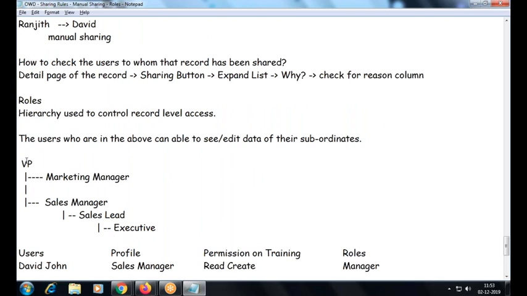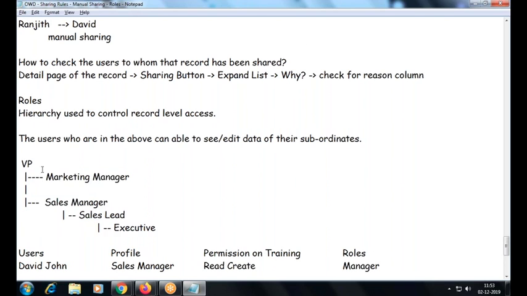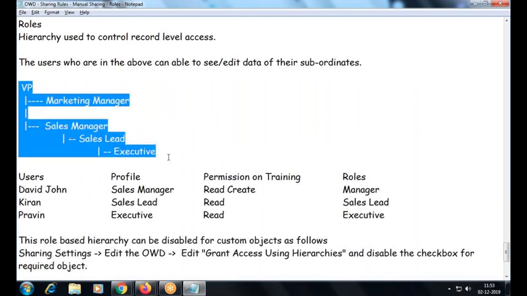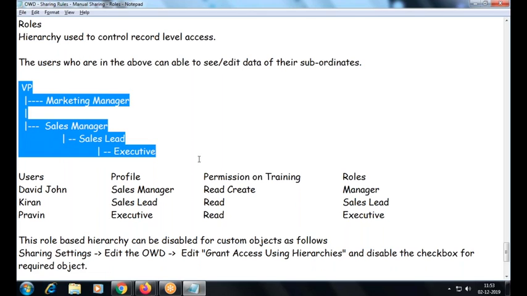And it is not necessary that your organization hierarchy is equal to your role hierarchy. This is not your organization hierarchy. What is organization hierarchy? In an organization, I may have a VP, a marketing manager. Got me? So that hierarchy, this is not the place to set that hierarchy. This is a place to set